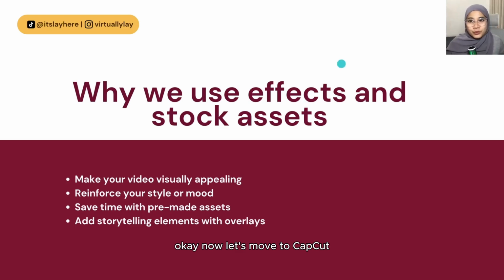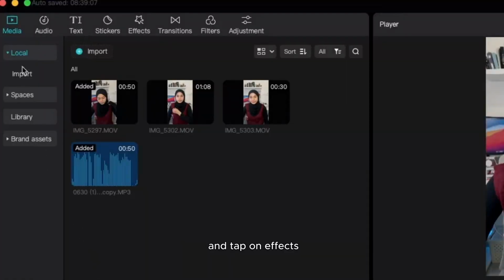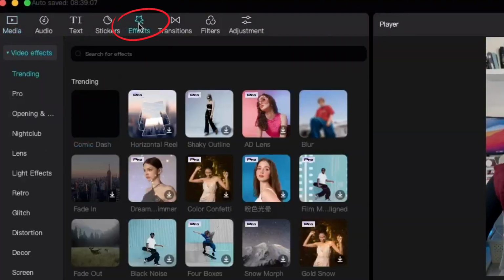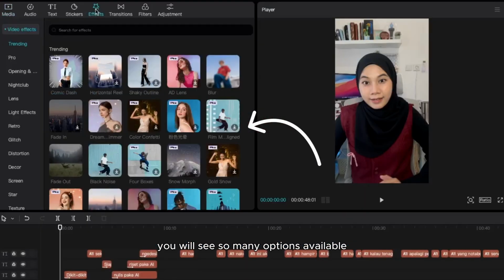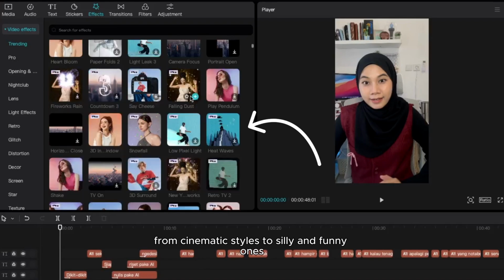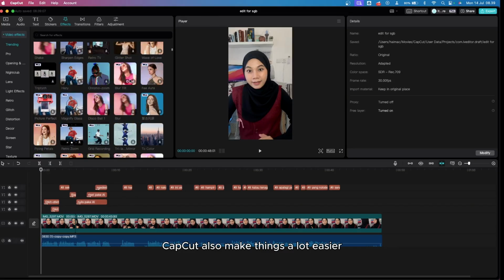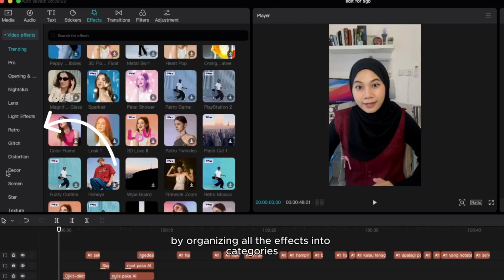Okay, now let's move to CapCut. Once you open your project and tap on effects, you will see so many options available, from cinematic styles to silly and funny ones. CapCut also makes things a lot easier by organizing all the effects into categories, so you are not overwhelmed scrolling endlessly.